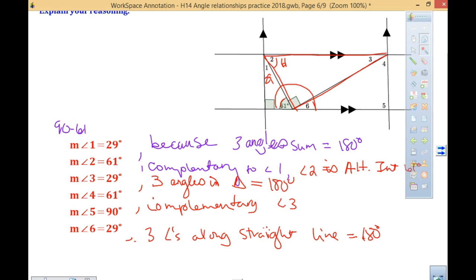Yeah, we did 5 was 90. The reason? If we are looking at 5 being a right angle, we could say that it is same side interior. Okay, so you could go same side interior. You could have also said that these two have to be complementary, or same side exterior have to be supplementary, totaling to 90 or to 180. So I'd like you right